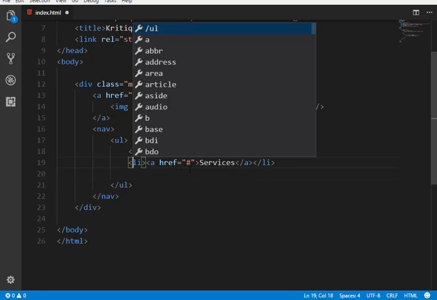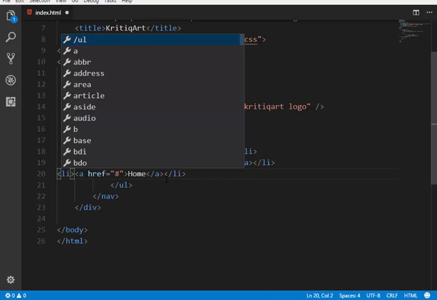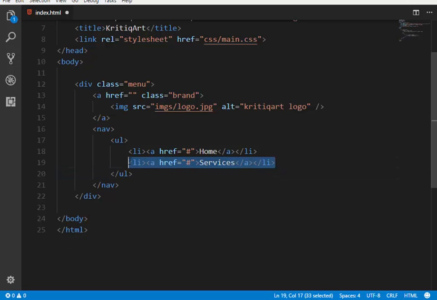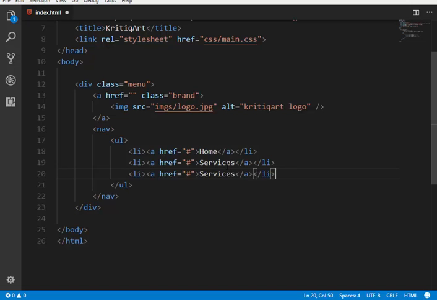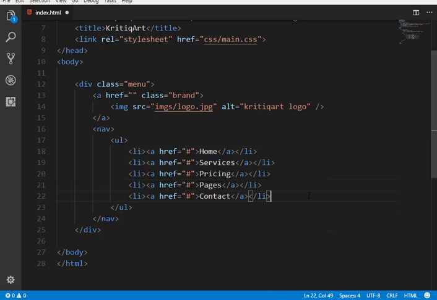Okay, alright, so let's copy all the li. Okay, nice. So pricing here, my pricing page, and pages here, and another one contact page, and another one about